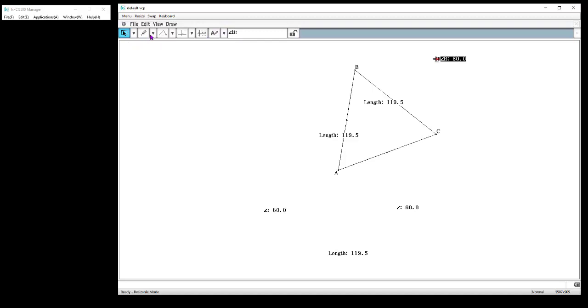So we're going to get our compass tool, or circle tool as we like to call it. So that's over here. I'm going to just make a circle. It doesn't matter actually how big I make it, because remember this is dynamic. So I can always change the size of that circle if I want once I make it. So let's think about this. I know I want to make a triangle where all three sides have the same length. And I know the radius of a circle, any radius in a circle has the same measure if it's in the same circle. So if I get my segment tool and make a segment from the center to the outside of the circle, that's a radius.